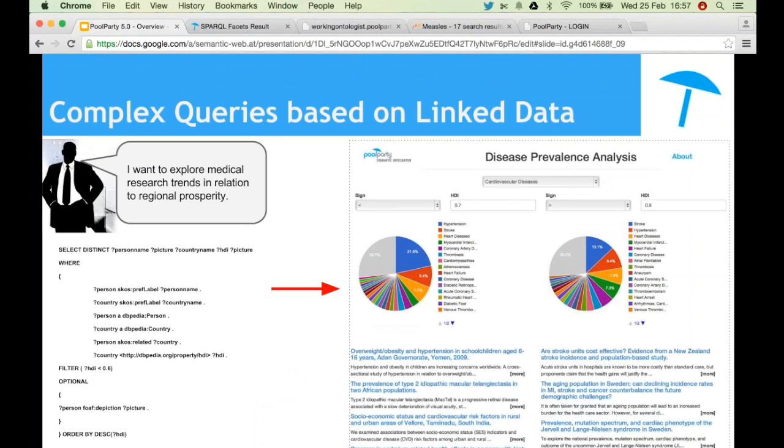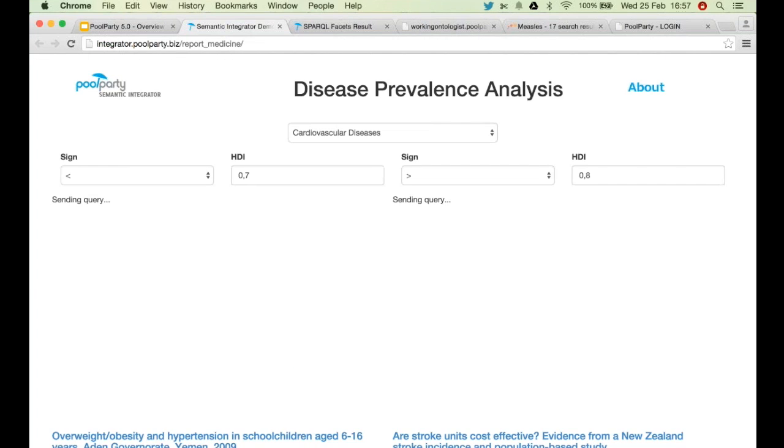Okay, so that was probably a rather simple application based on knowledge graphs, and now I'll show you a more complex one. Let's assume there's a business analyst, and this analyst wants to explore medical research trends in relation to regional prosperity. And therefore, I mean, of course, this query is not typically what business people would like to type in, so what we have to have in place is an interface like that. So that's